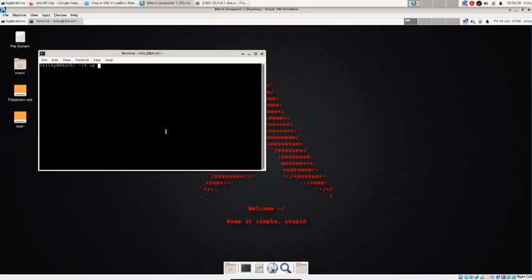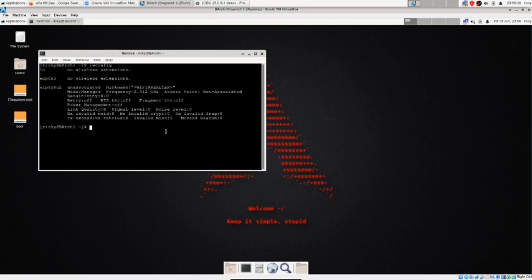First, let's run iwconfig, this is the command, to see what your network cards are doing. Here you can see it is unassociated, not connected to any Wi-Fi at the moment. And the mode is managed, not monitor mode.